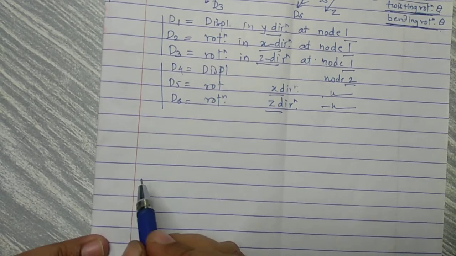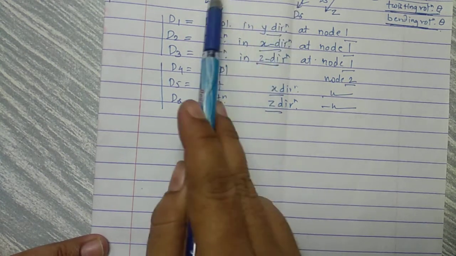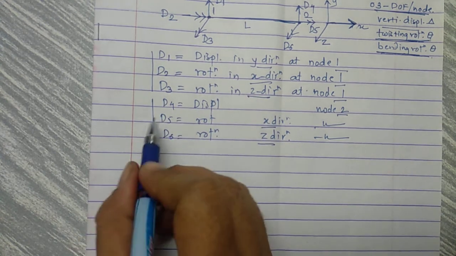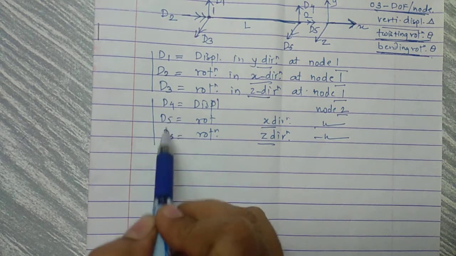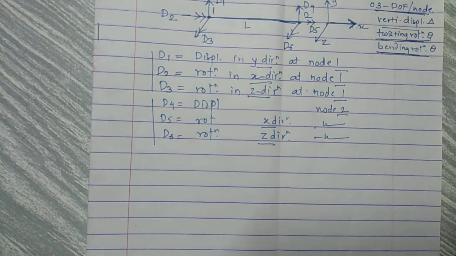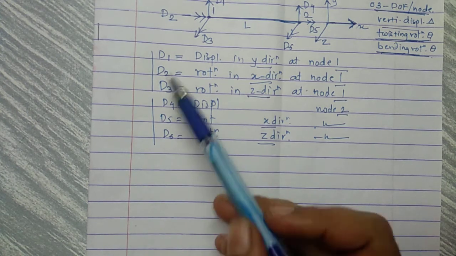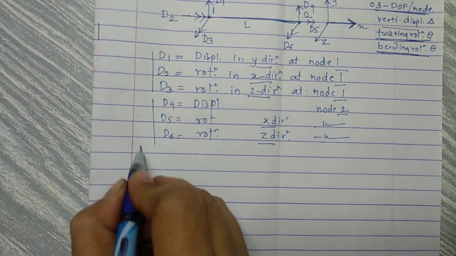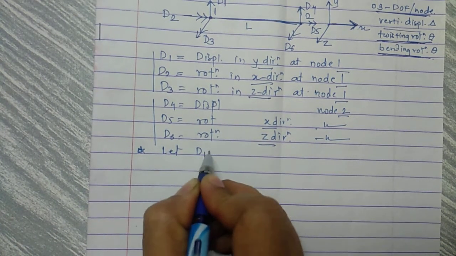Now second step, to start with the derivation of the stiffness matrix for this individual member. This is the individual member, so that's why we will call it the local stiffness matrix. If you remember the procedure from the frame, we have done the same step, that is taking these 6 degrees of freedom equal to 1 one by one in each step. So there will be 6 figures, one for each degree of freedom when it is equal to 1 unit.